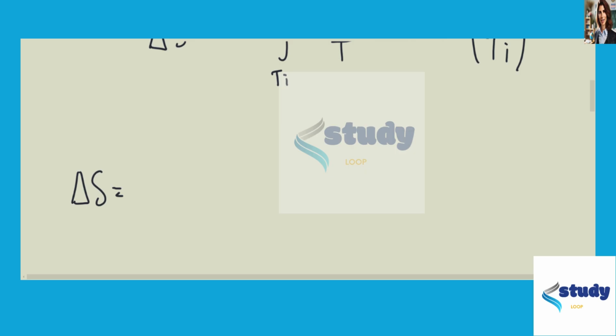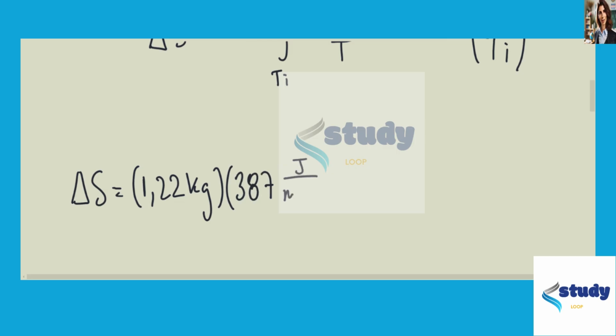So we have the mass, that is 1.22 kilograms, times the specific heat for copper, which is 387 joules per mole per Kelvin, and the Neperian logarithm of